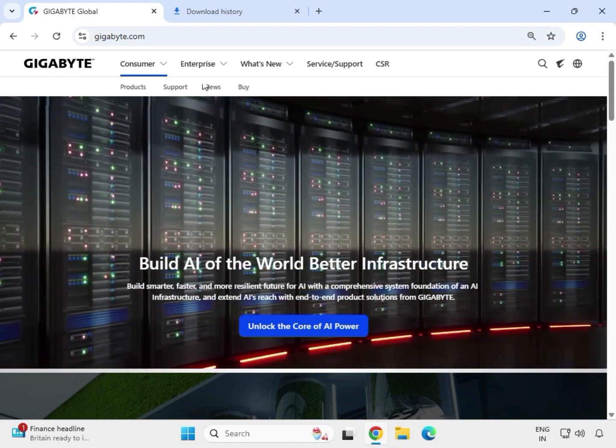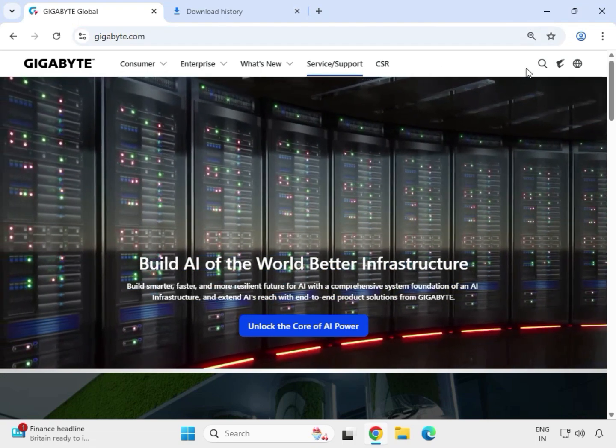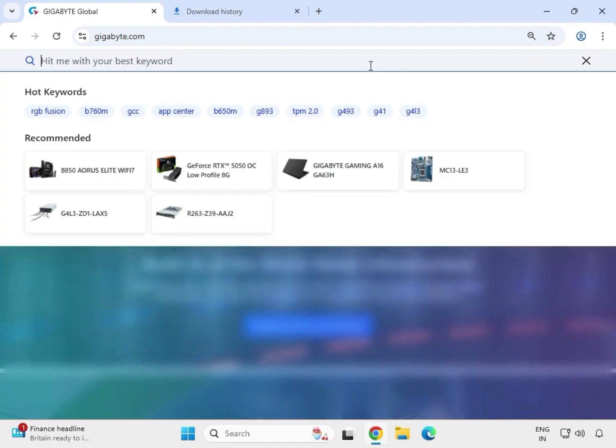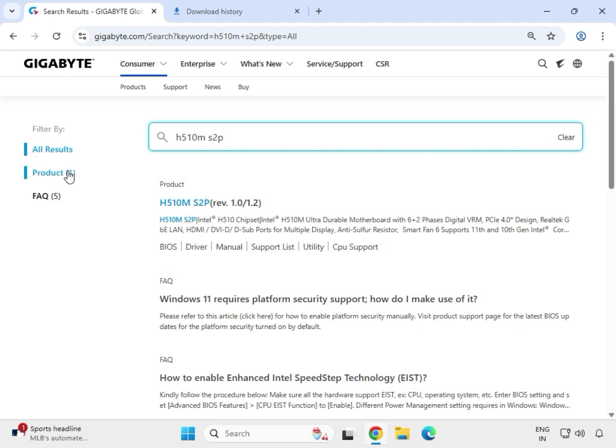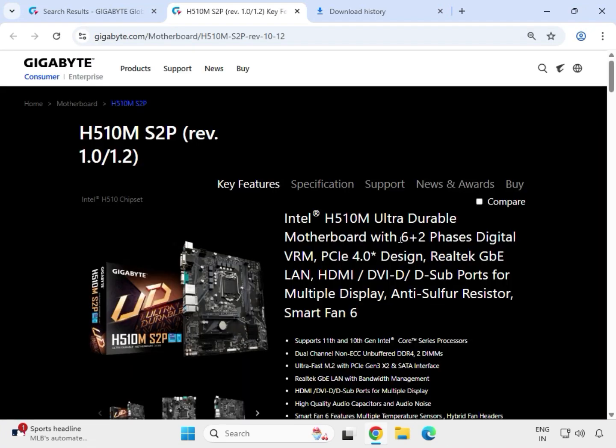So guys, first come on this website, www.gigabyte.com. After that you can see this is the search button, then enter your model number of your motherboard. After that hit enter. Then click on product, then the title of the motherboard, then click on support,